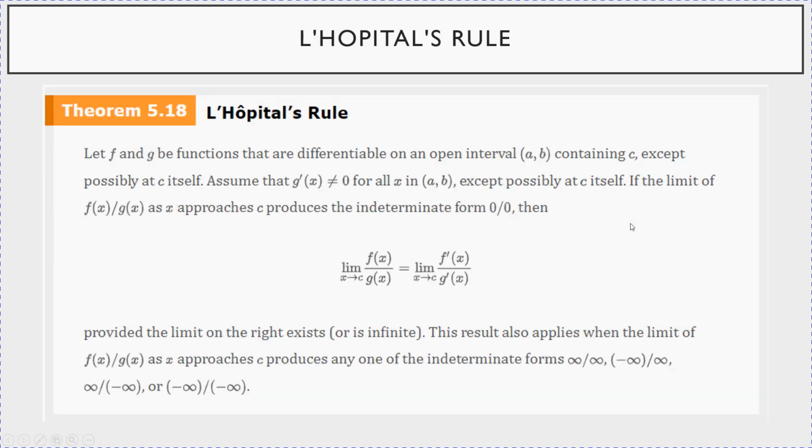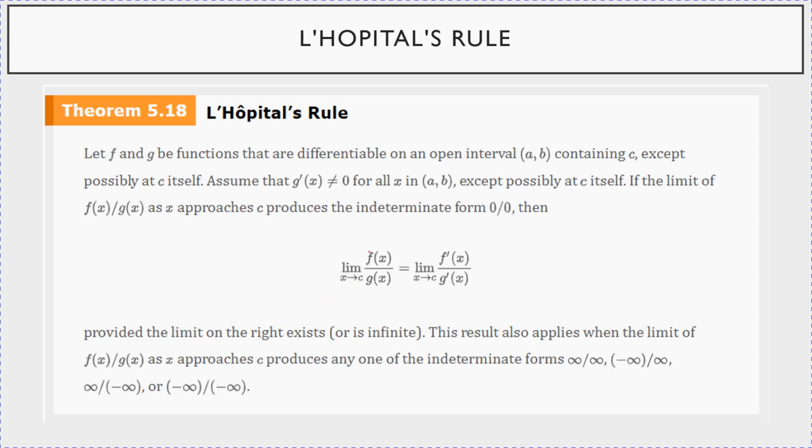Okay, so let's talk about this L'Hopital's rule. It goes as follows. If f and g are functions that are differentiable on some open interval from a to b, and in that interval is c, again except possibly at c itself, so it might not be differentiable at c. Assume that g prime of x is not equal to 0 for all x in the interval, except again possibly at c itself. If the limit of f of x divided by g of x as x approaches c,